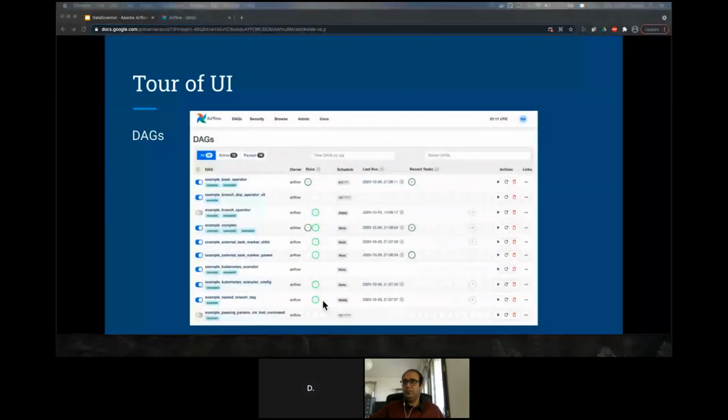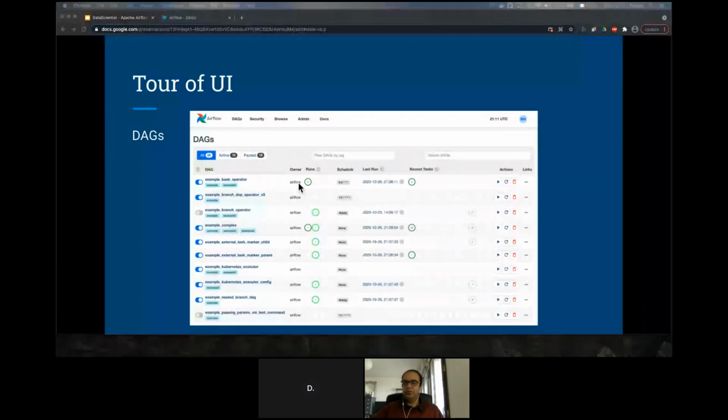So, a quick presentation of the UI. I'll do a tour here, and then when we are in the demo, we'll go deeper into this view. We start from the top level, which is called the DAGs. A DAG is a directed acyclic graph, or in simple terms, a data pipeline. Each thing which you see here is actually a DAG. All of them are different data pipelines in the web server, or the UI, which you can see. Then you have the owner of this pipeline.